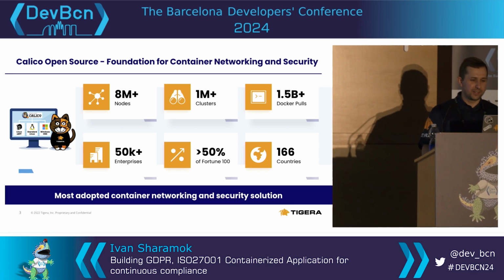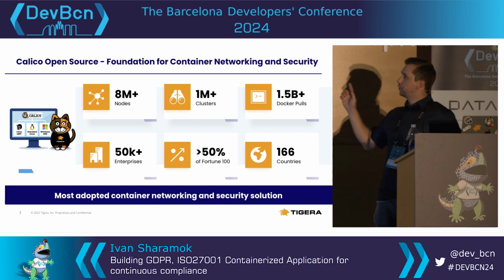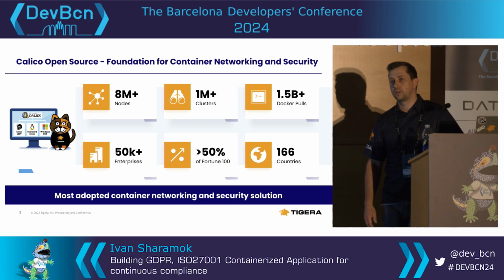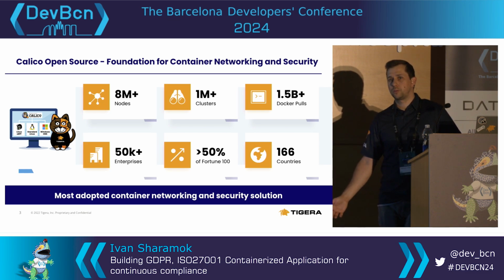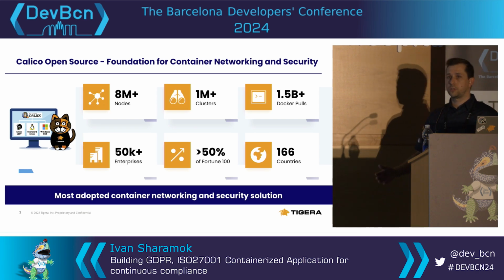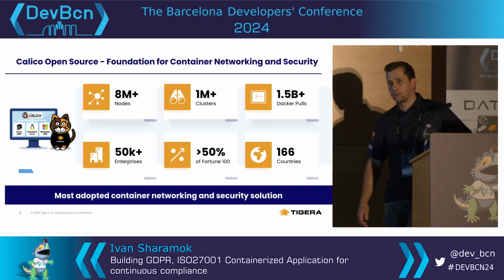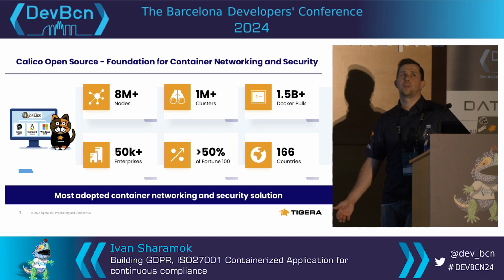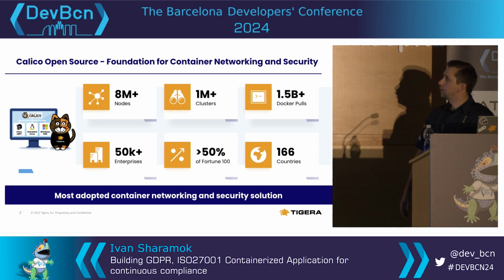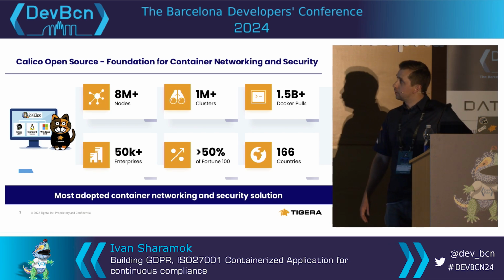Okay, sounds good. So the numbers I'm showing here are in relation to overall who uses Calico, at least people who we know of. There are a lot of Kubernetes environments that are built where we don't have visibility, so they don't share the numbers with us. But as a ballpark for us, it's the most adopted CNI for the Kubernetes platform. CNI stands for Container Networking Interface for Kubernetes.